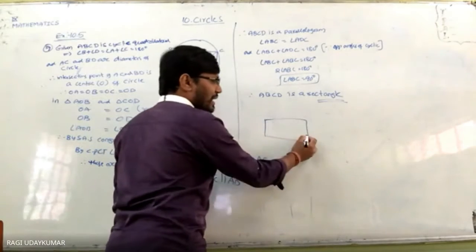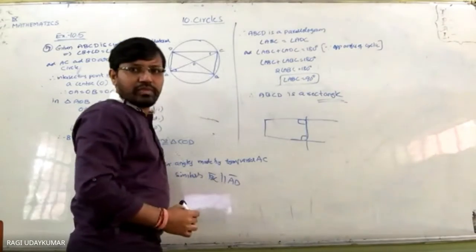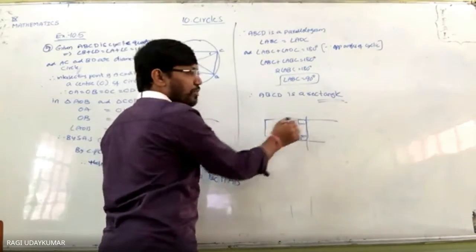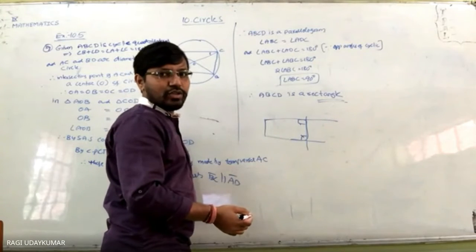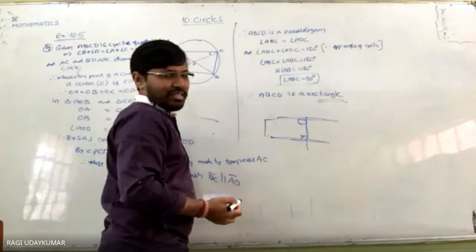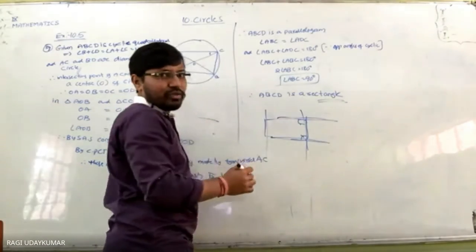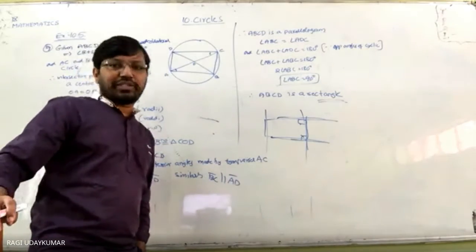Suppose this quadrilateral, these are 90 degrees, so the sum of the interior opposite angles, co-allied angles, is 180 degrees. 180 degrees means these two lines are parallel. In the same way these two lines are parallel. So it becomes a parallelogram. That also you have to mention. Any time you have to mention parallelogram.